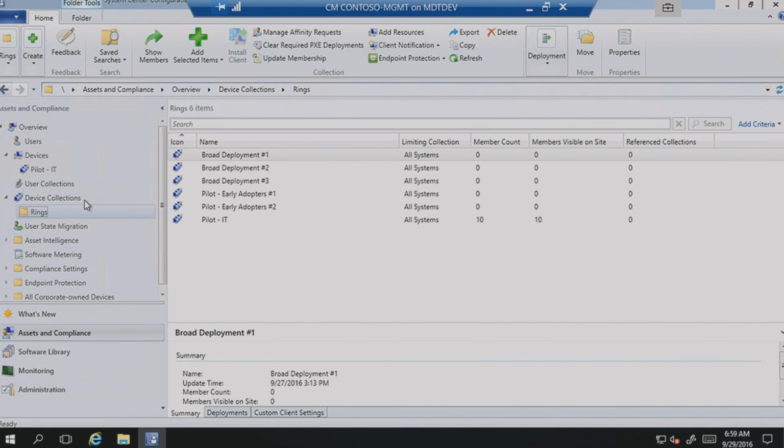And we have kind of a similar setup. Instead of creating computer groups like we did in WSUS, we create collections. Those collections are really just your ring definitions. What PC should get the deployment at what point in time? So the first step is the collections. The second step then is to specify the